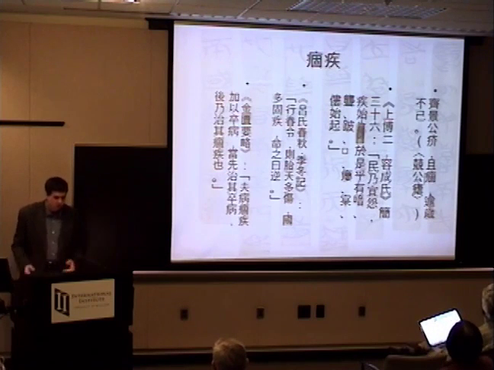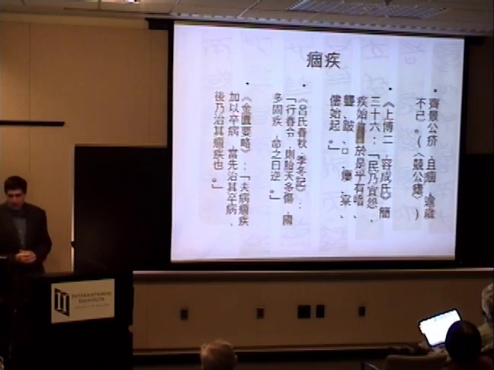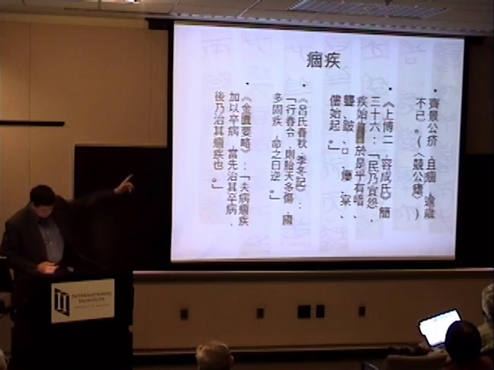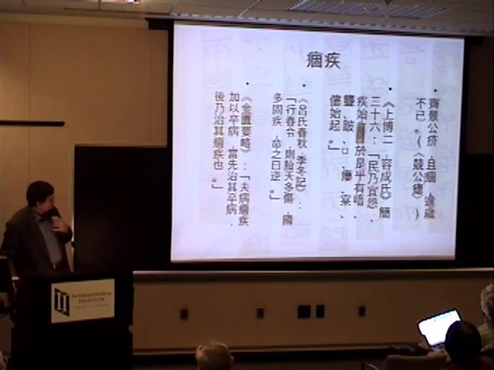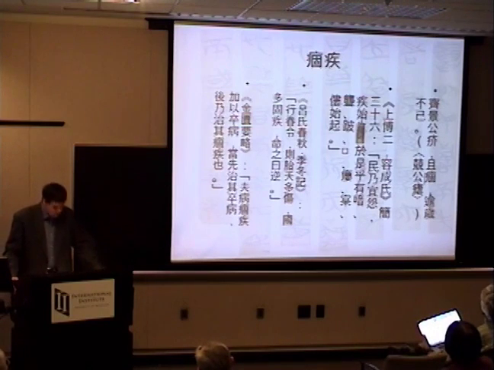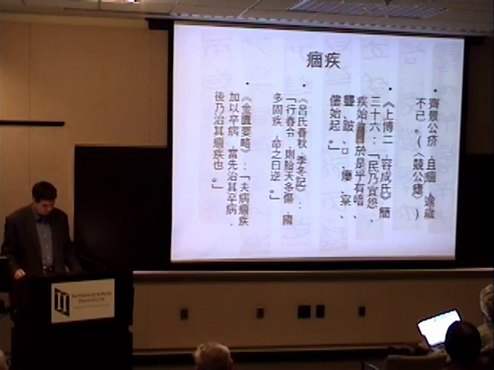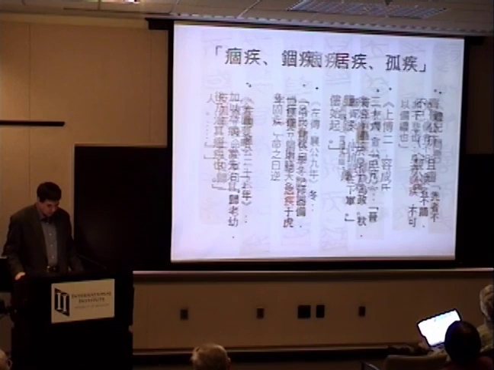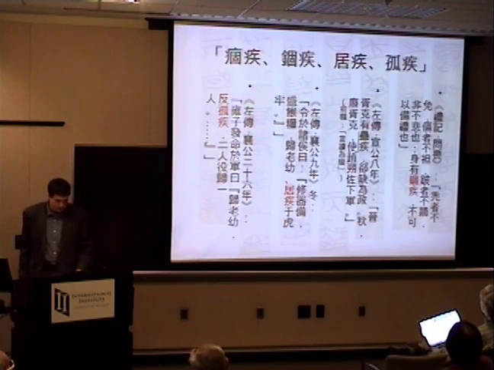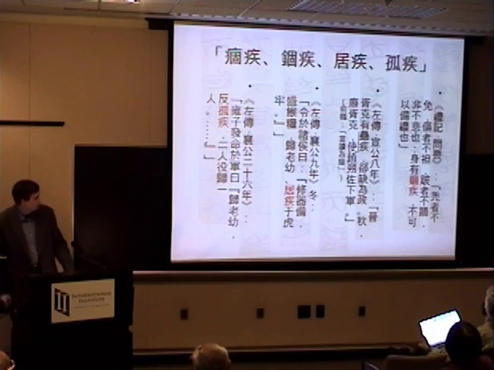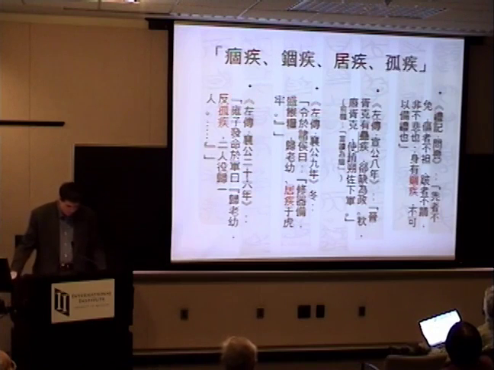First, to cite just one very clear example from a somewhat later text, the Jingui Yao Lue: If a chronic illness is complicated by a sudden illness, you should first treat the sudden illness and then treat the chronic illness. And then the one I want to concentrate on here comes from the Sangwen chapter of the Li Ji, there on the right,